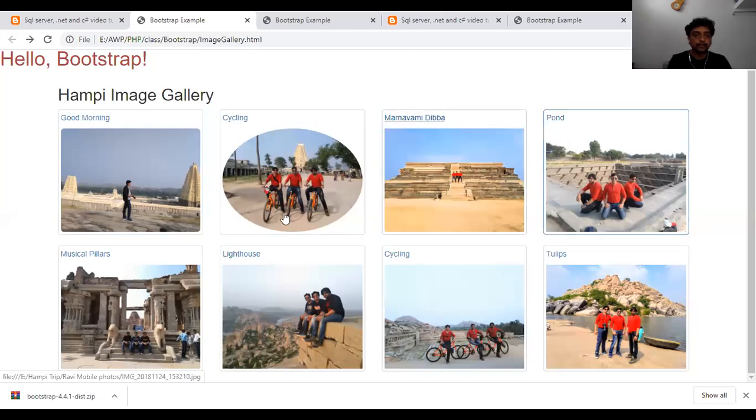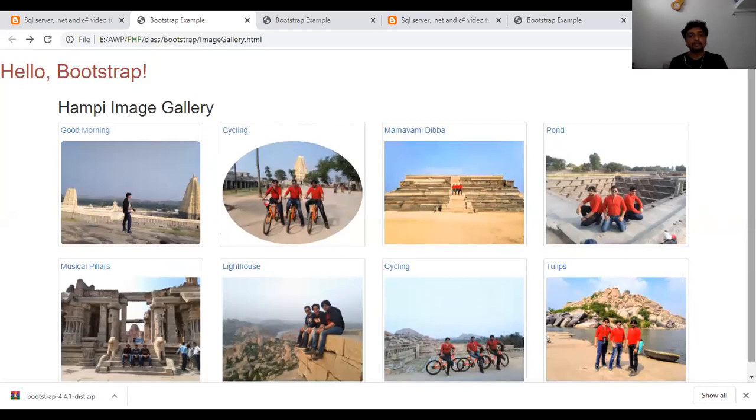Why are we using thumbnail, image hyphen rounded, then image hyphen circle: img hyphen circle, img hyphen rounded, img hyphen thumbnail. So these are the three different classes which we are going to use in the images to make it a gallery view in your web pages.